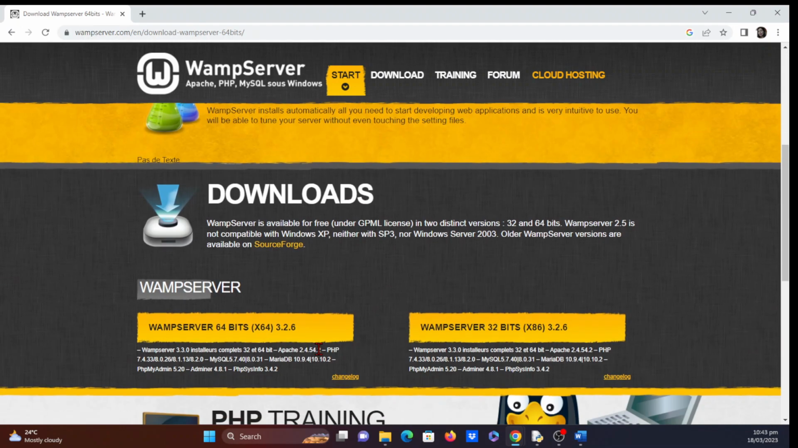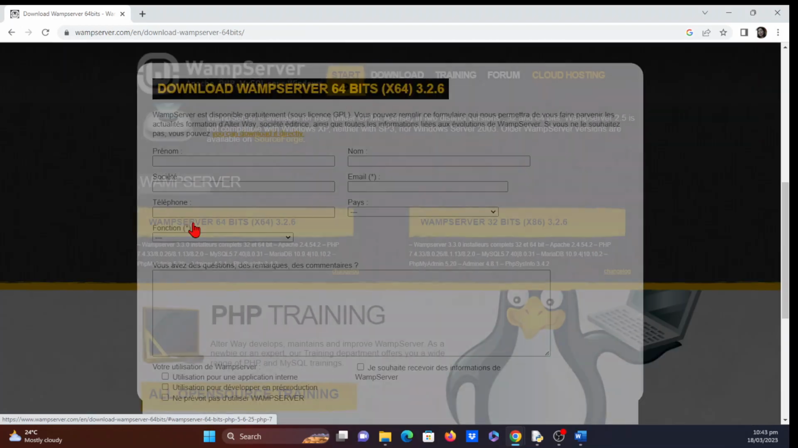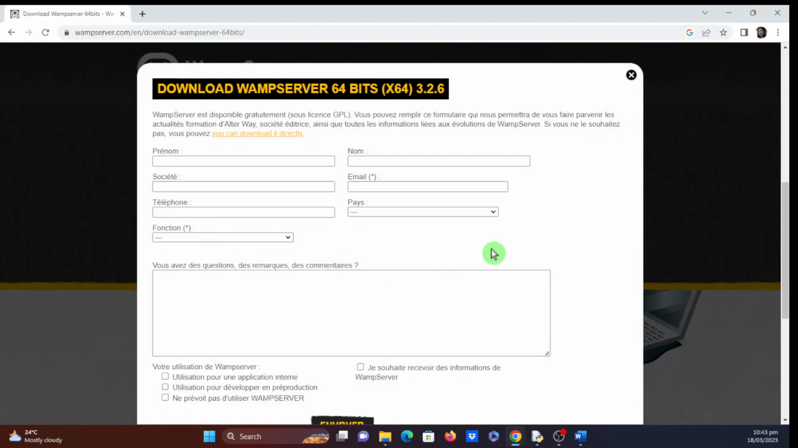Okay, so just simply scroll down and select this option, since I'm using the 64-bit operating system type. Okay, click this one, and if you notice, you can see some information here asking you to enter your details, but you have the option to just download it directly without filling up all the information here. Okay, just simply click on this option,